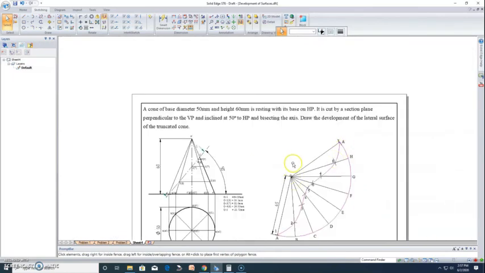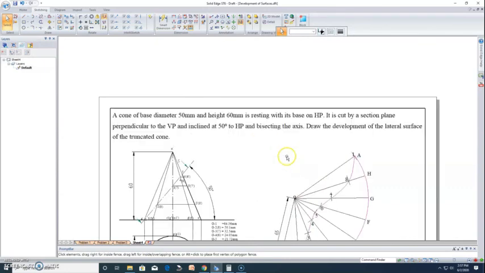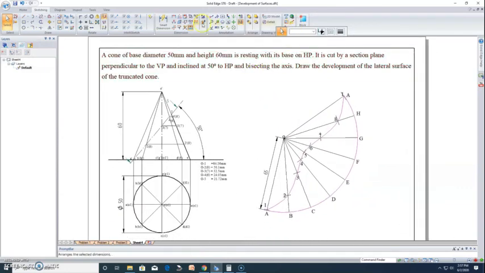All of this should be dark. We'll change the line type and make it 0.5. So this is how the final development of this particular truncated cone will look like.